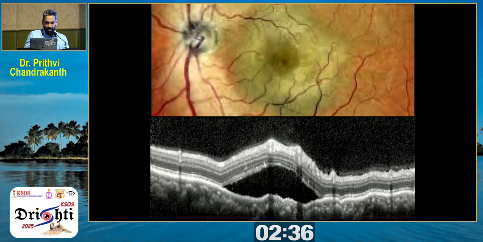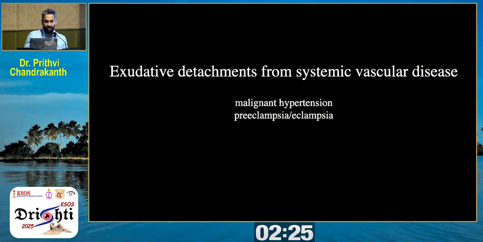So this is the SRF of a posterior scleritis, which also looks like CSC. So that's what we need to differentiate using a B scan, and also the patient will have pain. So that is one of the major differentiating points over here. Then we have